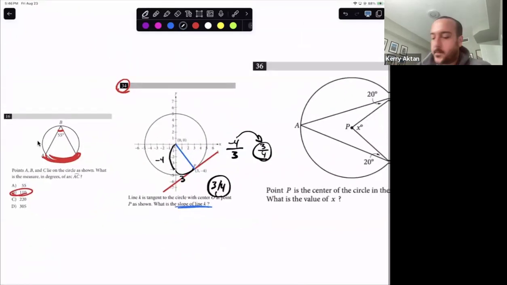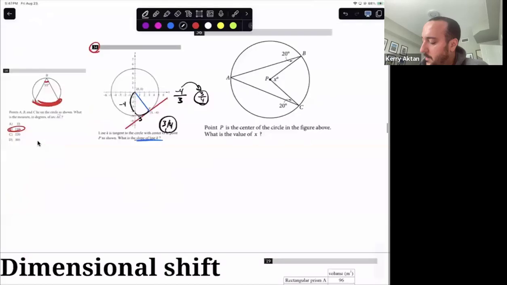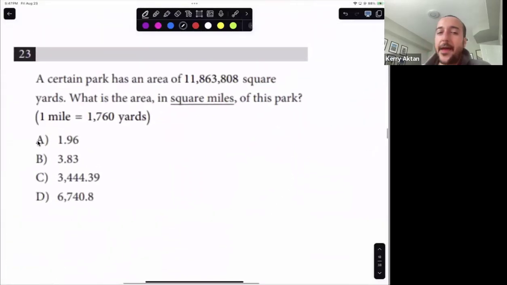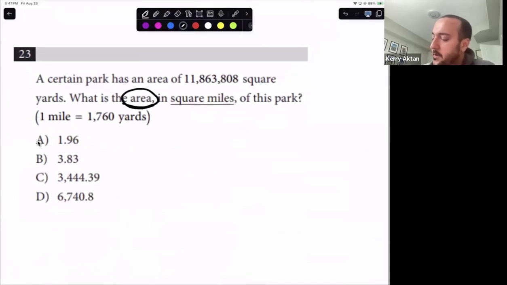All right, let's keep going. We do have a lot more to get through. I'm just trying to remind you guys of all these little skills. This is everybody's favorite skill. Remember that because this is an area, this is a two-dimensional object. How many times do I have to apply my conversion in a two-dimensional object? Twice. How many times do I have to apply my conversion in a three-dimensional object? 3 times. So what am I going to do? I'm going to do